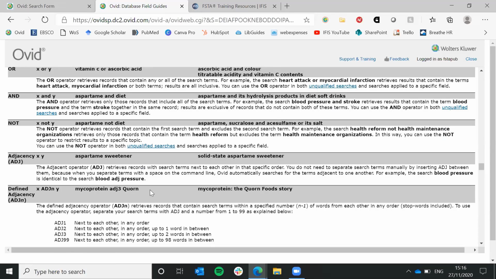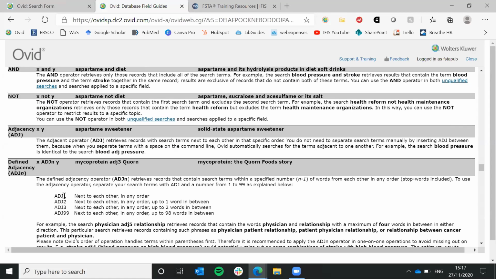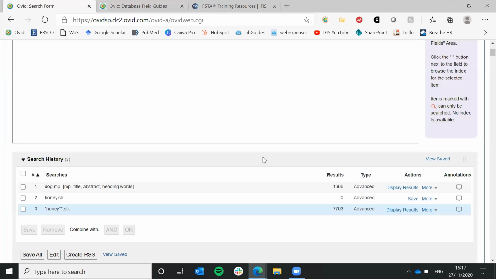And so if you want to separate them, then you either have to use and, which would mean they could appear anywhere within whichever particular field or fields that you're searching, or you have to use adjacency with a number. You can use 1, next to each other in any order, or you can say they need to be adjacent 3, so next to each other in any order with up to 2 words in between, or you could say 99, so have a huge amount. So if we go back to our searching